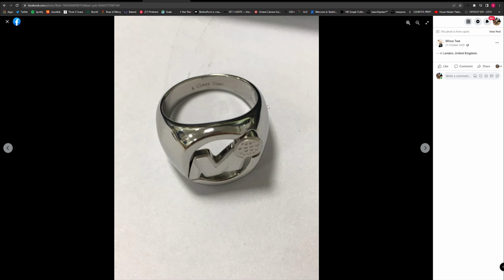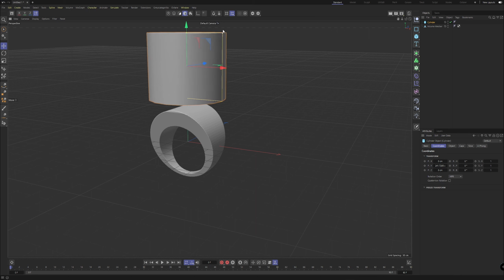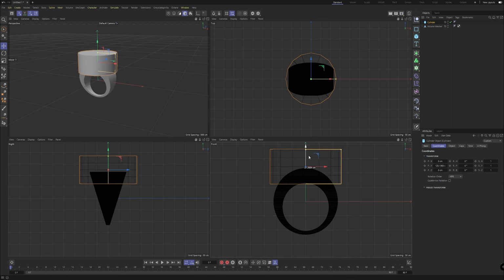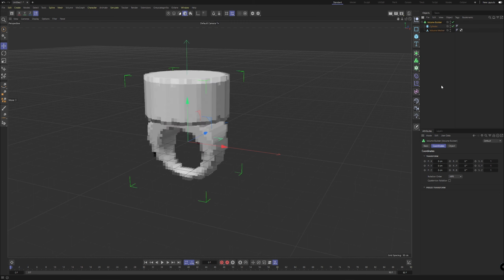I think we can probably go about shaving off that top bit. So if we head here to cylinder, scale this up a little bit, just like that. We scale this down too, it doesn't really matter too much. We can sort of find a point which we think would work. So I'd say about here, most likely. Be careful. This is where the thickness that we created earlier will help us a little bit. And we can drag this into the volume builder one more time, setting our voxel size down and